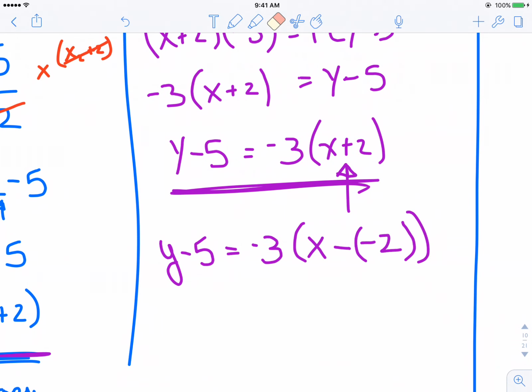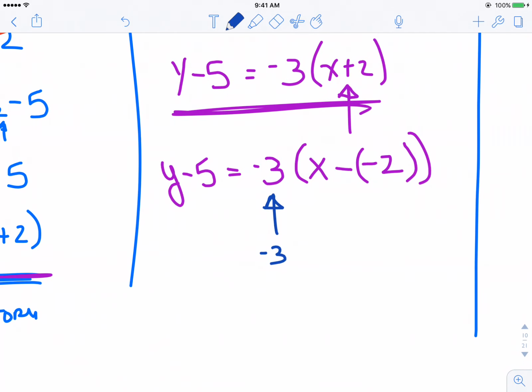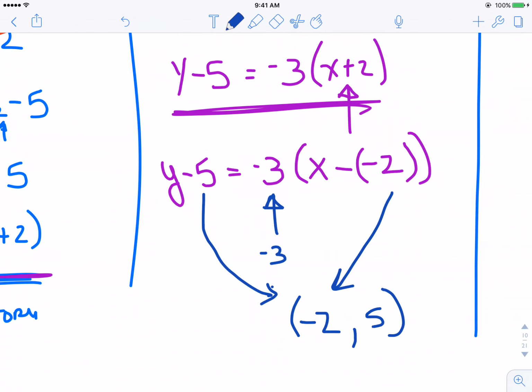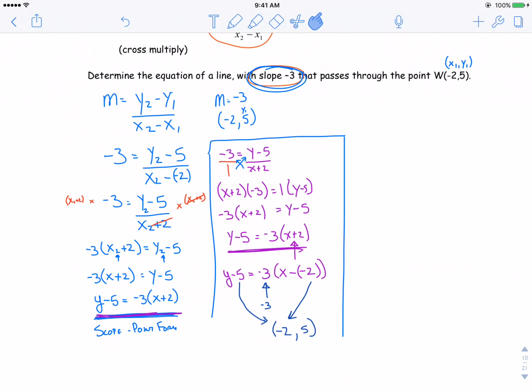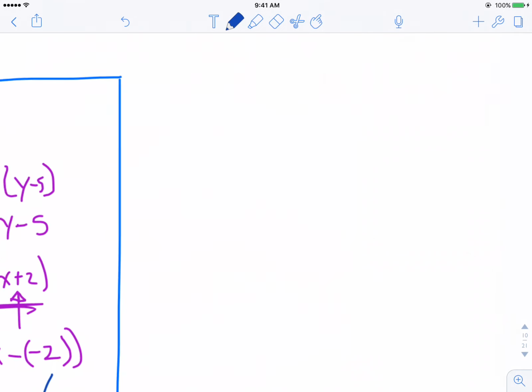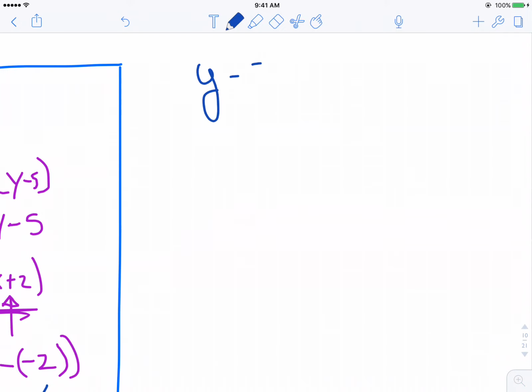And if we look, here is the slope they gave us, negative 3. And here are the coordinates of the point that they gave us. X has a value of negative 2. Y has a value of 5. So if we quickly have a glimpse right back to where we were, negative 2, 5. Now we can take that equation, y minus 5 is equal to negative 3 bracket x plus 2, and we